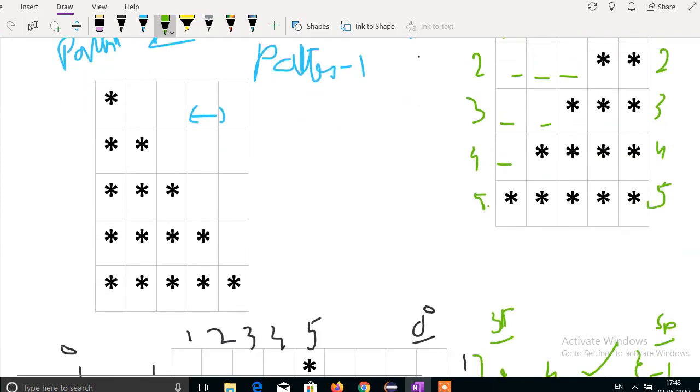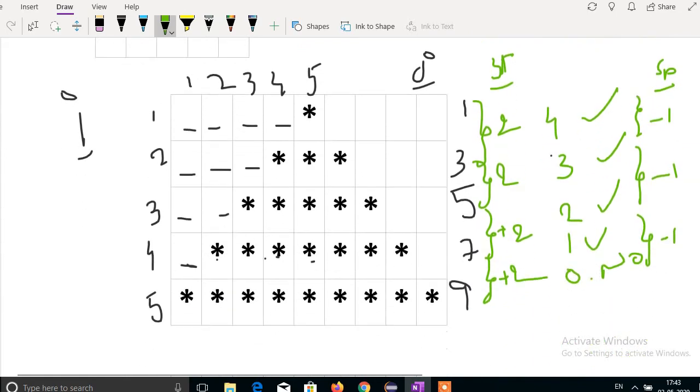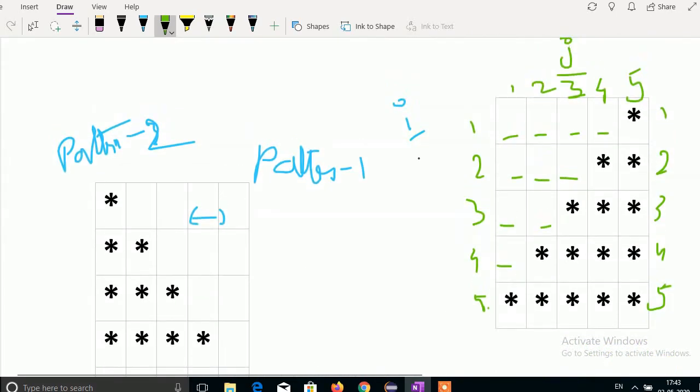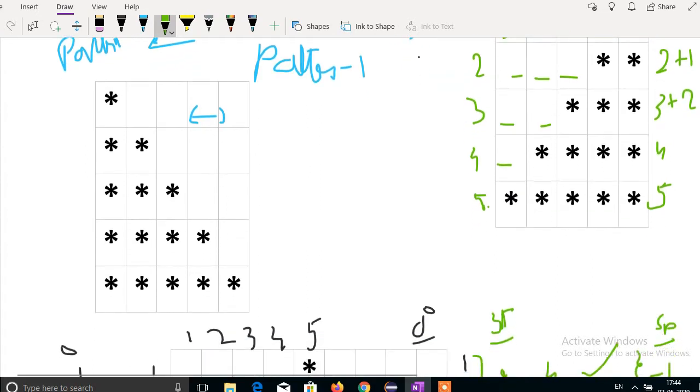Look at this. If you observe, here it is 1, 2, 3, 4, 5 and here 1, 3, 5, 7, 9. Just one more star is added each time: 1, 3 is plus 2, 5 is plus 2, 7 is plus 3, 9 is plus 4.